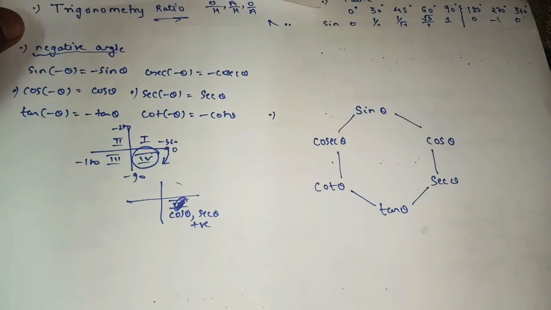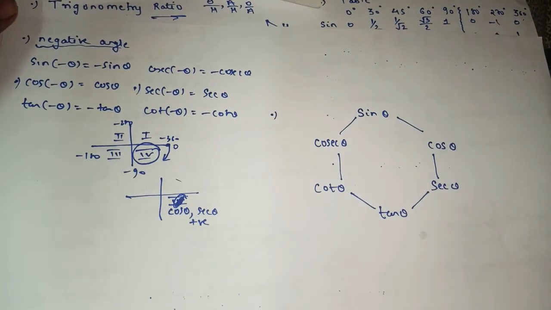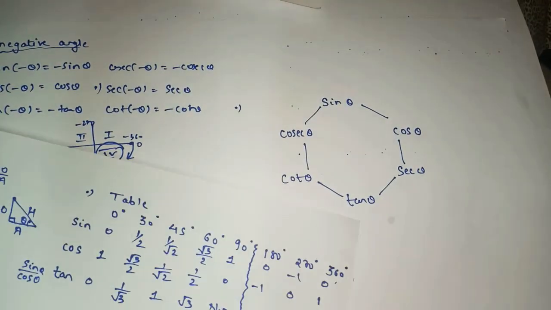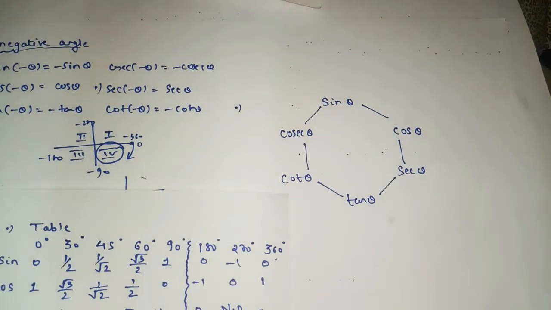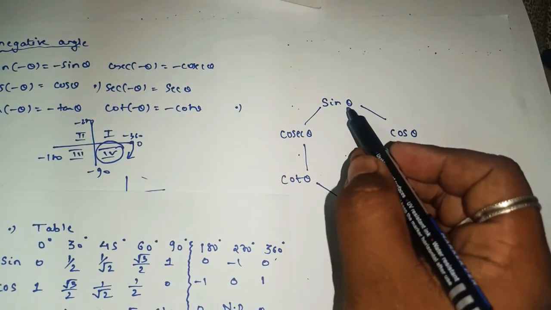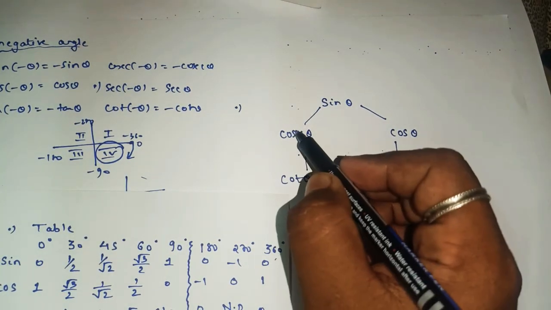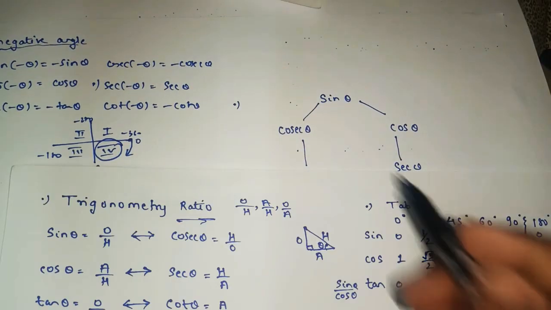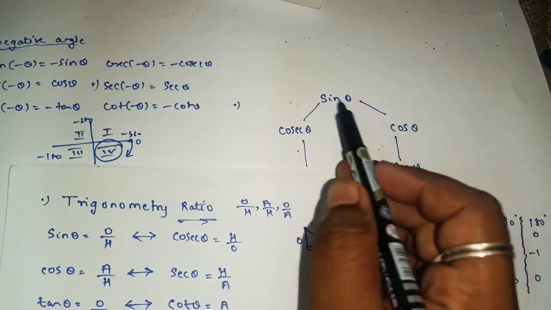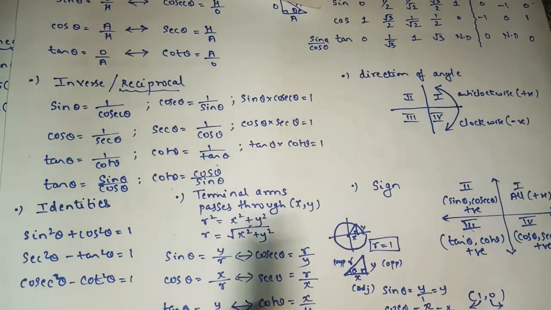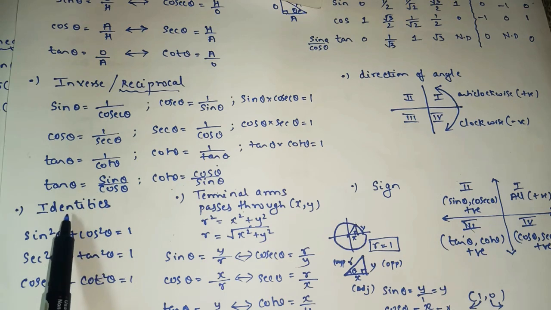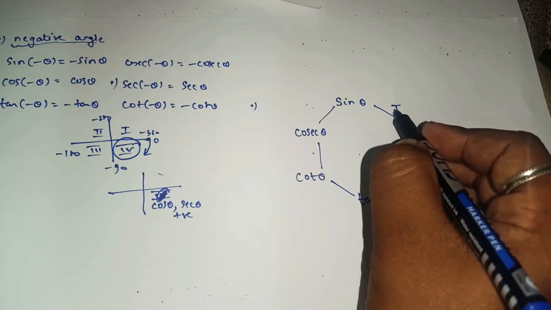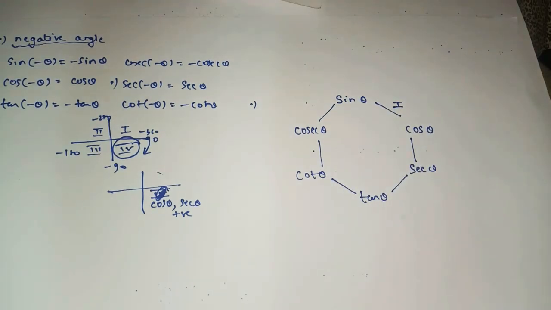Now remember this web chain. Let's see exactly what the web chain is. With the help of sine we can find cos and cosec. How can we find them with the help of sine? We have a relation between sine and cos, which we can find by using the identity formula. Between sine and cos it is the identity formula.